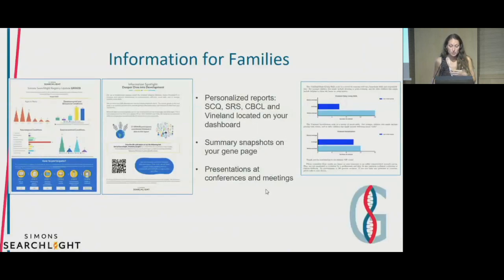So for families, what we give back and what you can access right now on our website is quarterly reports or registry reports. Every 3 months, we do a different focus. So GRIN2B, the only requirement for this is that we have 10 or more people with a pathogenic or likely pathogenic variant, so that we can give a meaningful summary. GRIN2B, we definitely have that number, and we focus on different aspects of what we're collecting in a